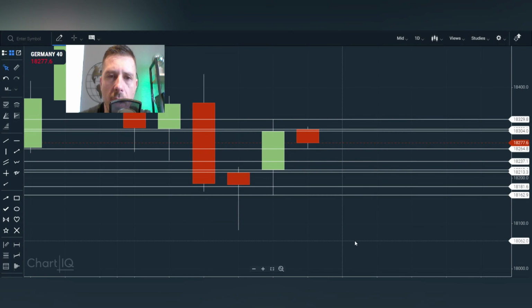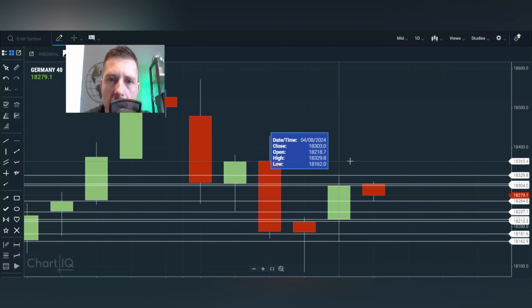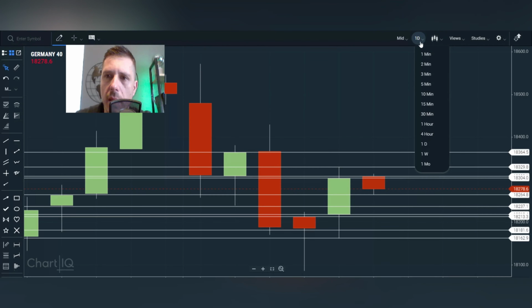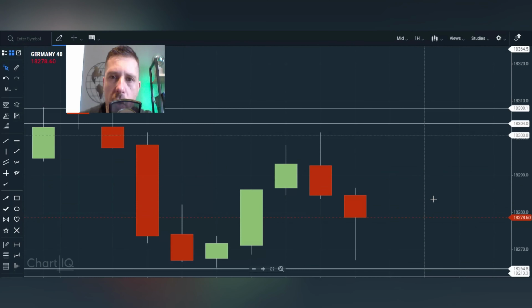On the upside we can mark this area. Now I like to go down to the hourly chart